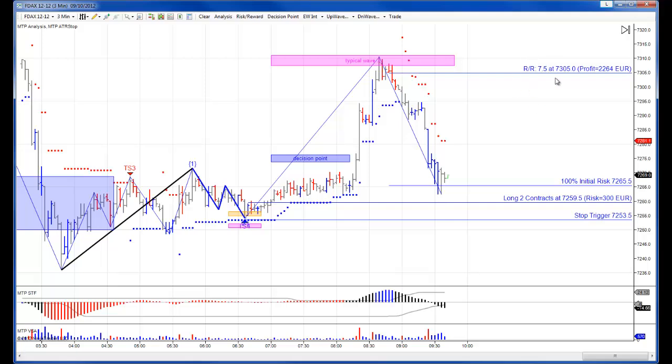Remember, we look at our profits in terms of risk units. In other words, 7.5R means the profit of just over 2,200 euros was approximately 7.5 times the initial risk of approximately 300 euros. Our position sizing takes care of our number of contracts to keep our initial risk small and under control. So I thought I'd do a video on this because this was an absolutely excellent example of